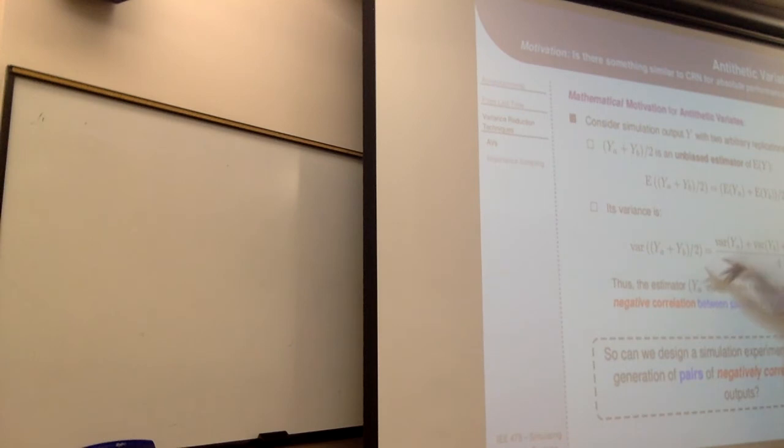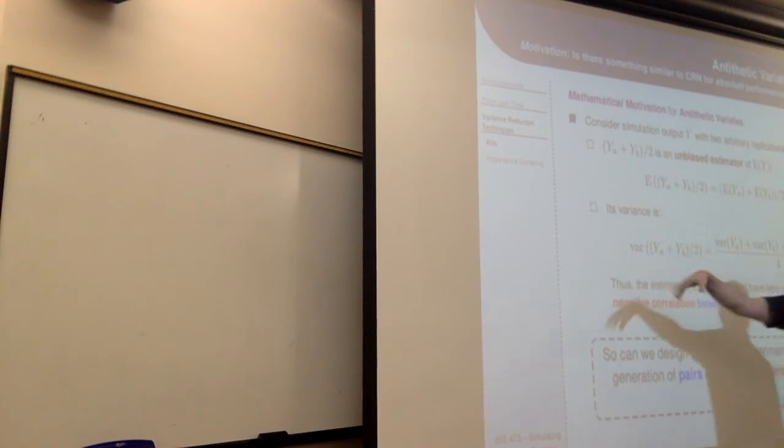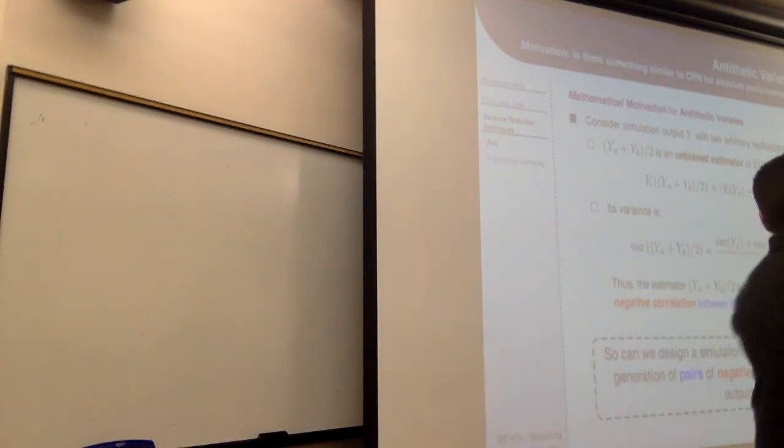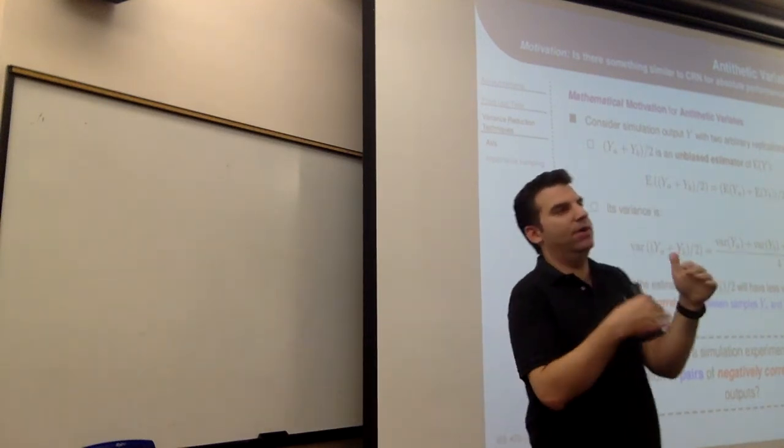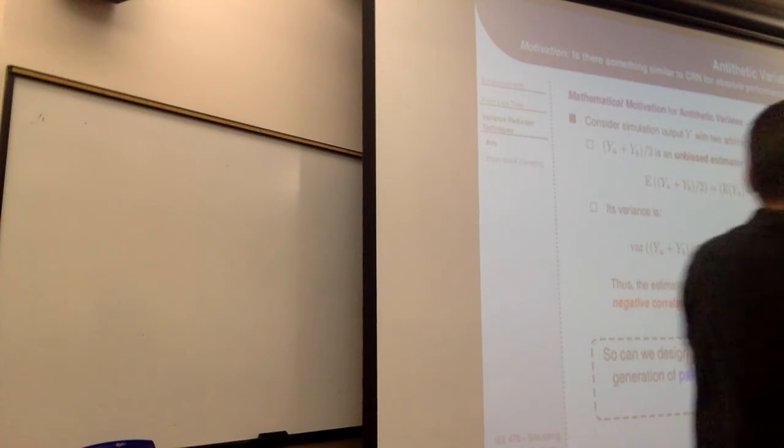If I look at the variance of the average of any two replications, then I see it's the variance of one replication plus the variance of the other replication plus a covariance term. And so the thought here is that maybe if I were able to make one replication consistently negatively correlate with another one, then I could reduce the variance in the average over what I'd expect if they were independent samples. And so that's what we're going to shoot for here, is how do I engineer an input to guarantee that outputs are correlated negatively together.